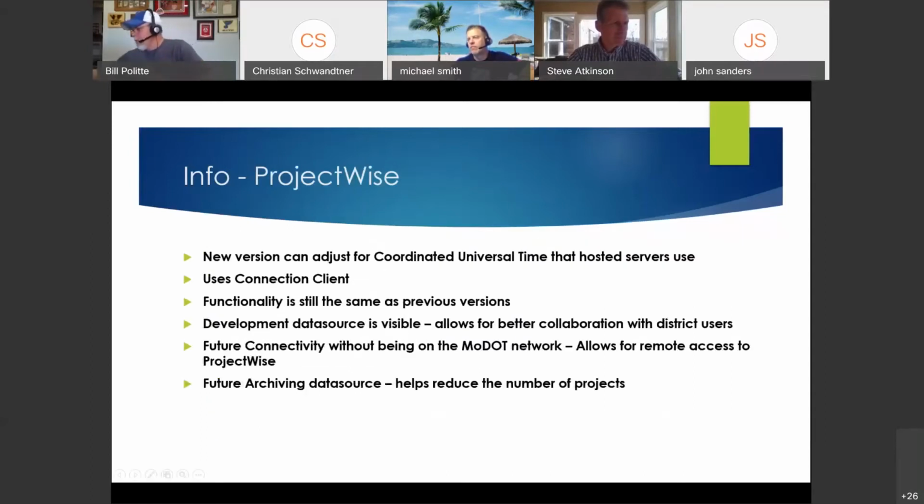Some other things about ProjectWise. This new version, the reason why we had to do it was for the coordinated universal time that all the servers are set up to use in most locations now out in the private sector. It does use the connection client, so it's important to make sure that you always log into the connection client. Functionality is exactly the same. Everything looks the same when you go in on that Monday, on the